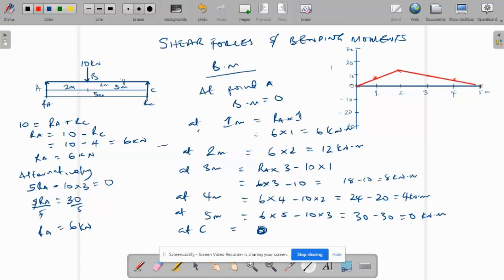As we join this, this is our bending moment diagram for this problem. So we've been able to draw the shear force and the bending moment diagram for this